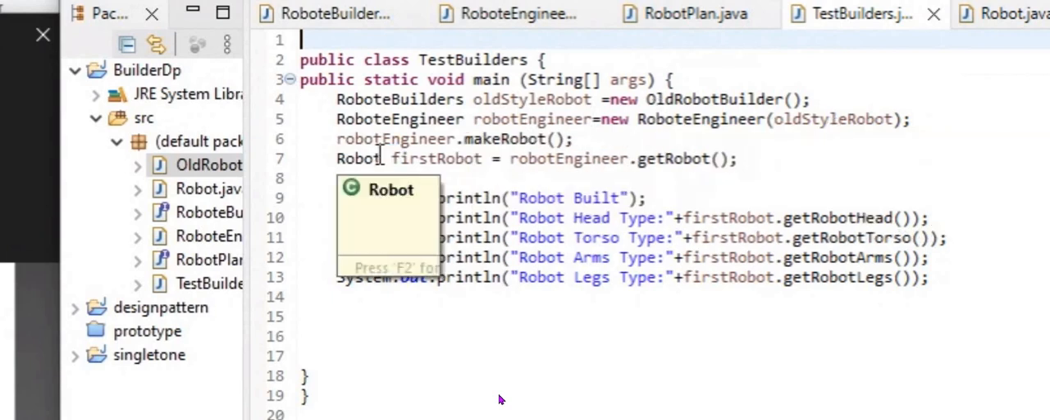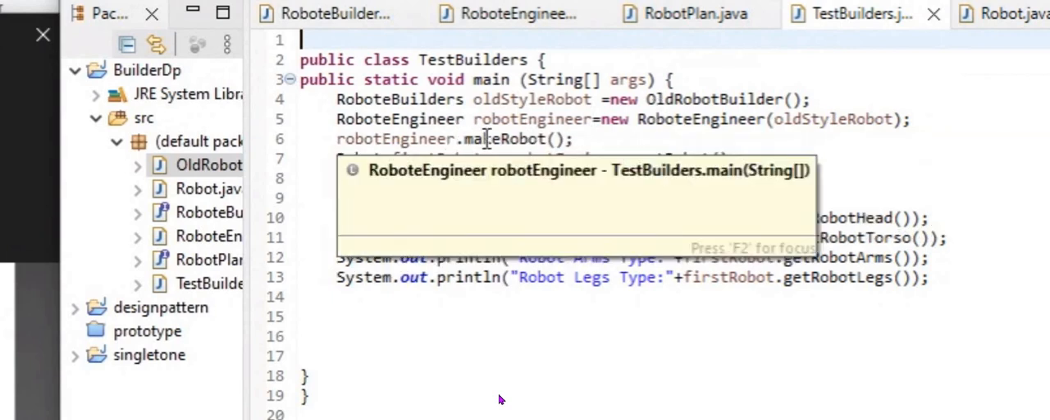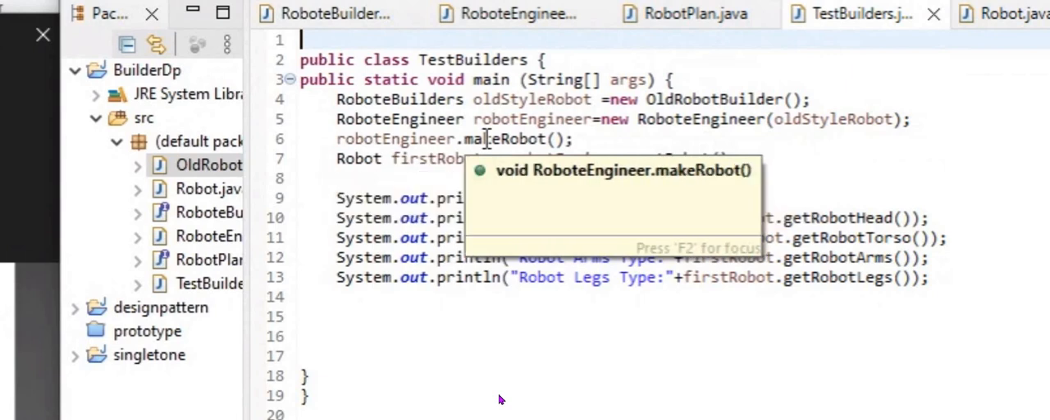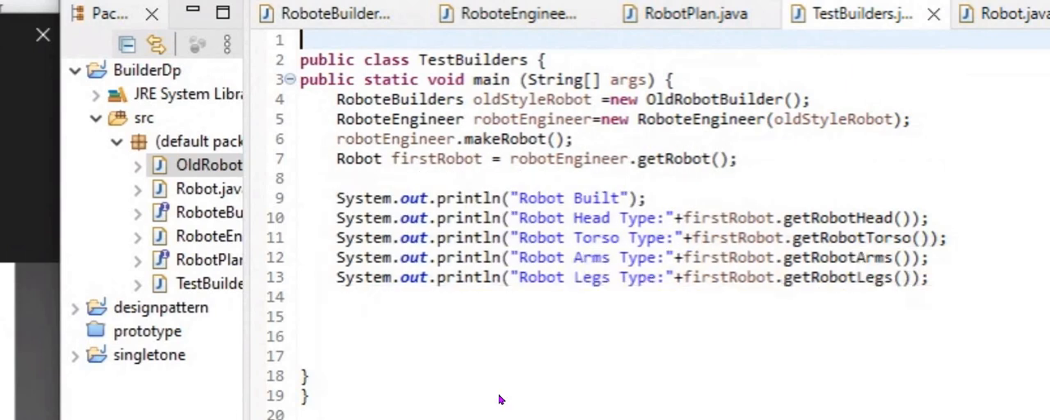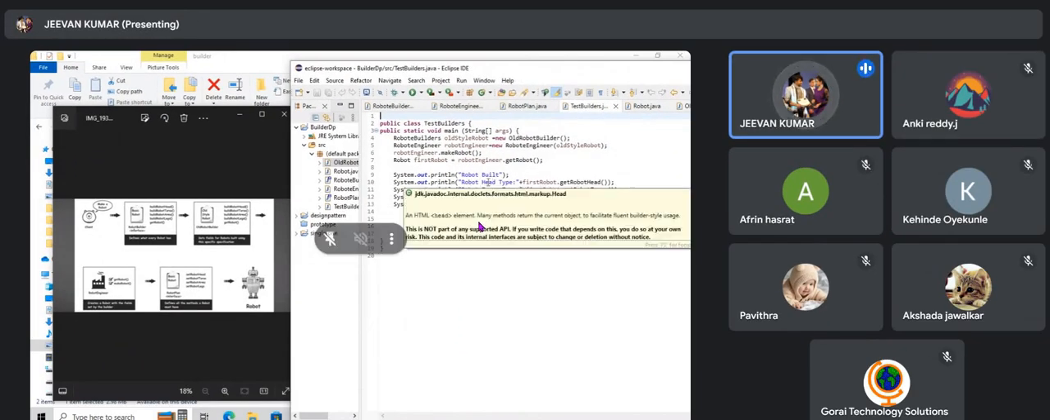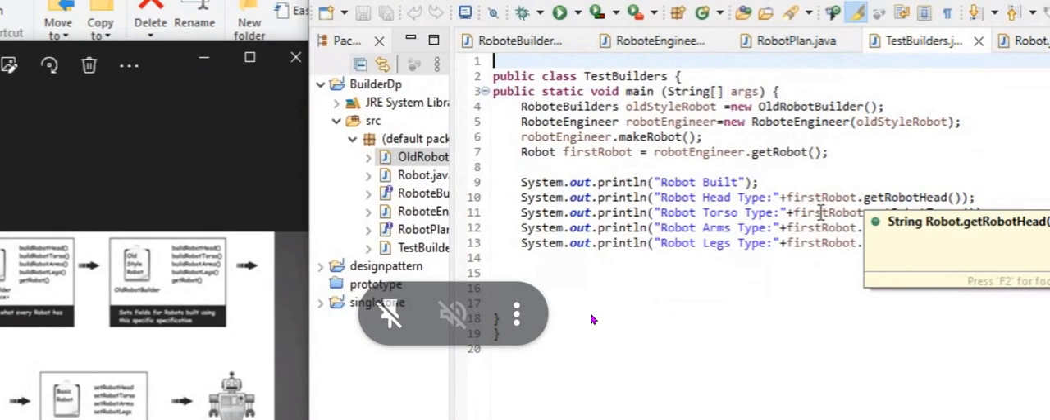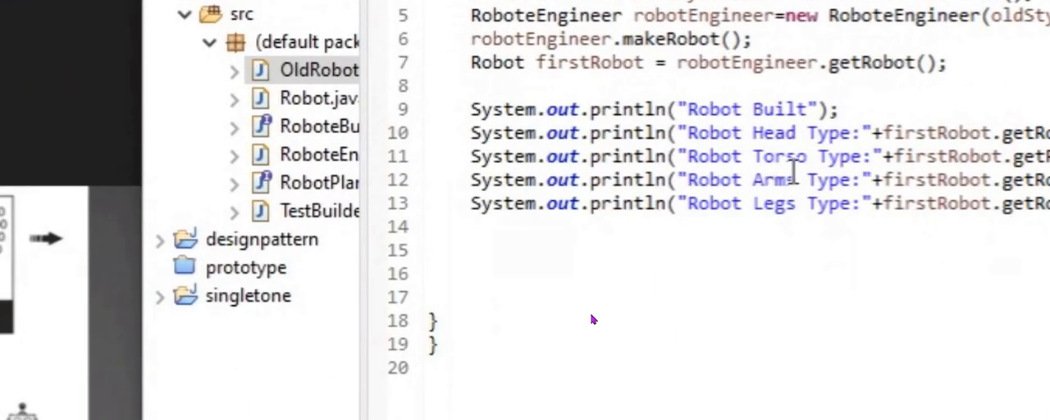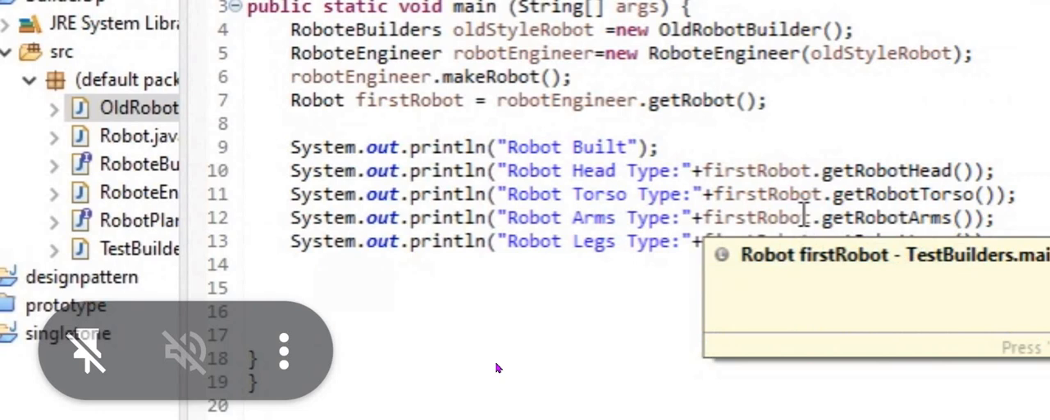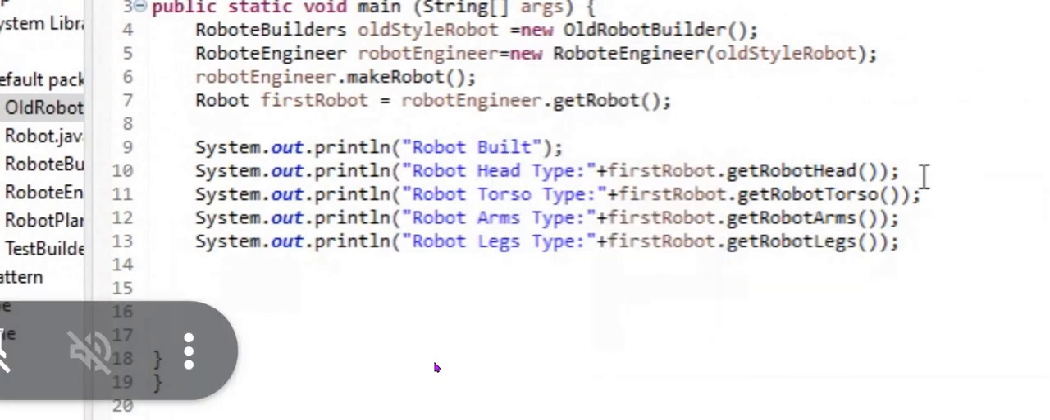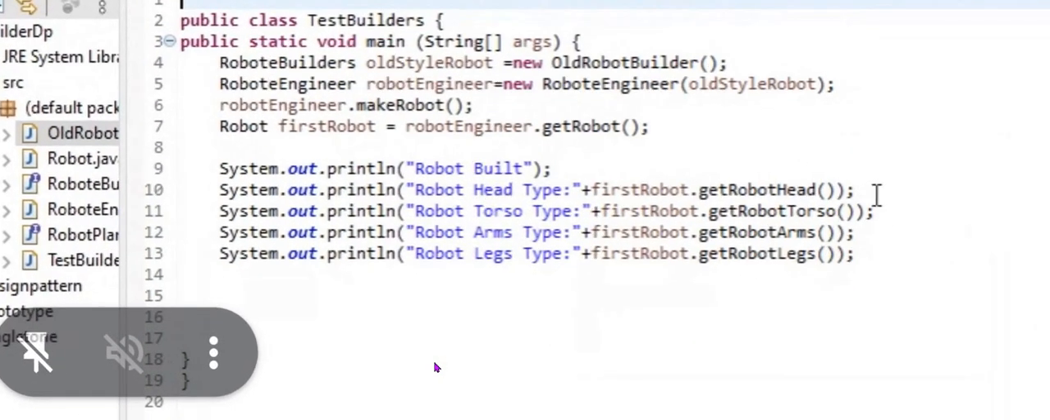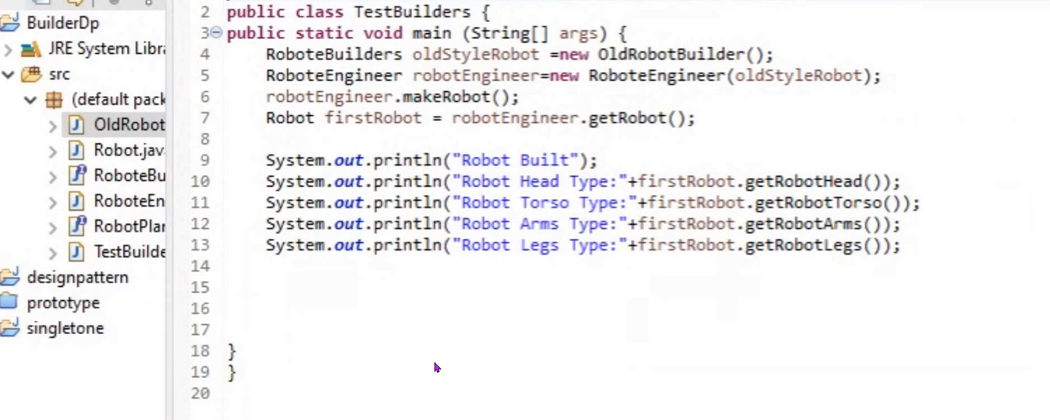After that, robot engineers dot make robot. Robot engineers will make new robots. Then after that, we are providing how to build. Then we are building robot head type plus first robot get robot head. After that, torso type first robot, same thing for each and everything, for the torso also, for the arms also, for the legs also. We are defining types over here. If we run this program,